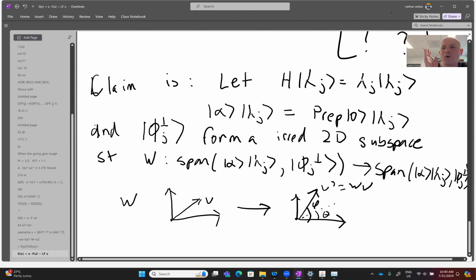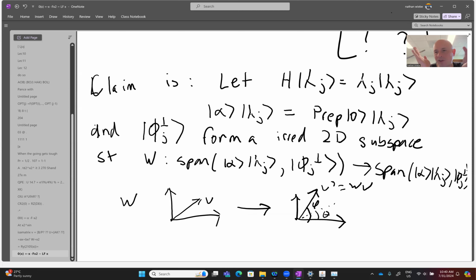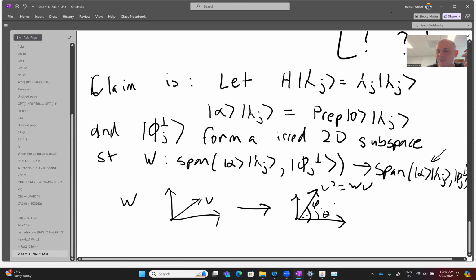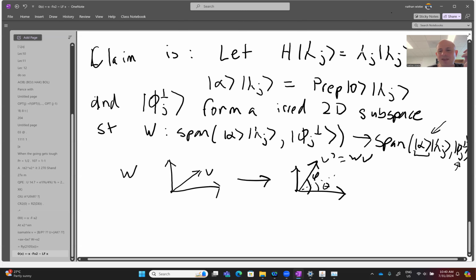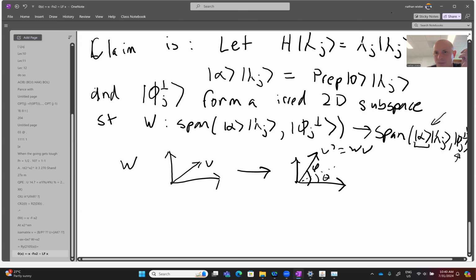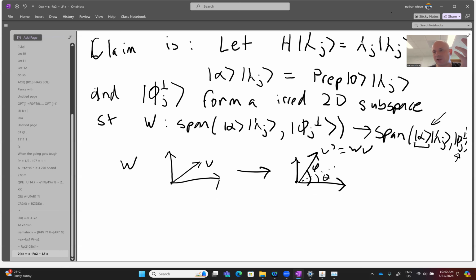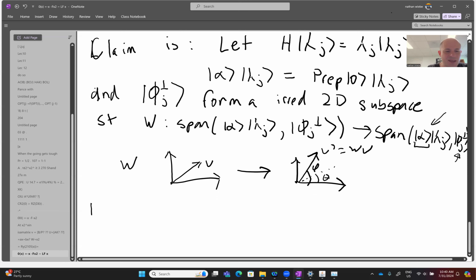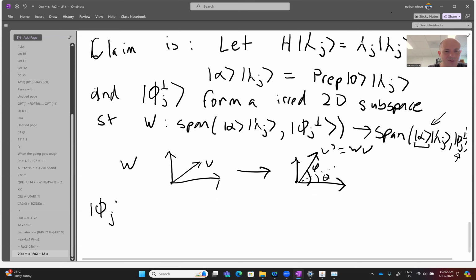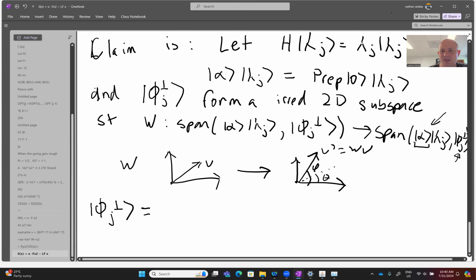So basically, in order to understand the action of W, we only need to understand a two-dimensional space. That's the space spanned by this eigenvector tagged with this extra junk and this remaining vector, phi j perp. Now, based on this hypothesis that it's a 2D subspace, we can find the second component by Gram-Schmidt orthogonalization. In particular, phi j perp is just going to be equal to